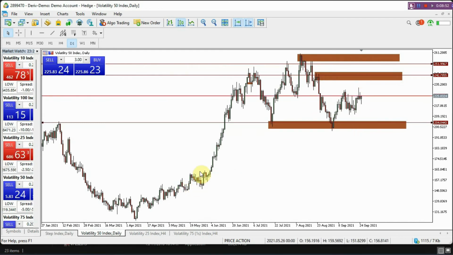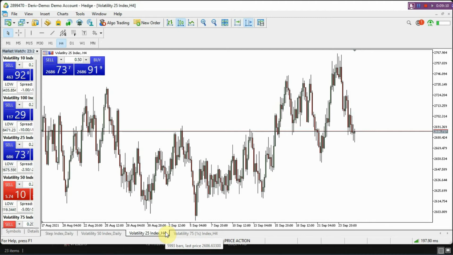You may want to take it all the way down, or just want to hold it, but looking at the potential push towards this downside, because we saw a push, buyers tried to push, sellers came in. Buyers tried to push again and sellers came in and just took it out to this downside. Okay, so we have VIX 50 index,